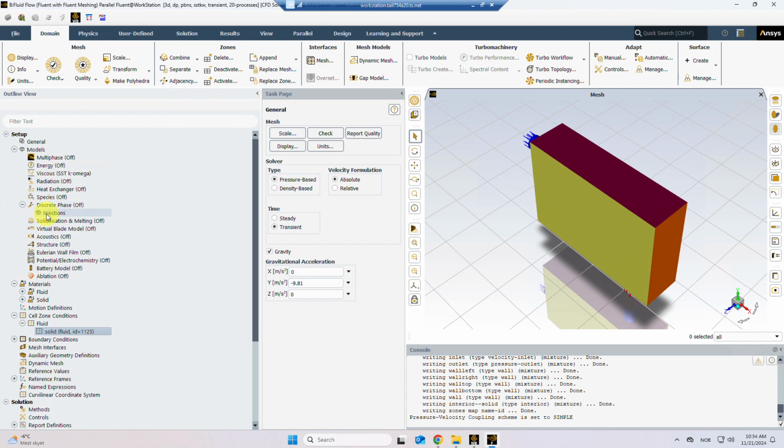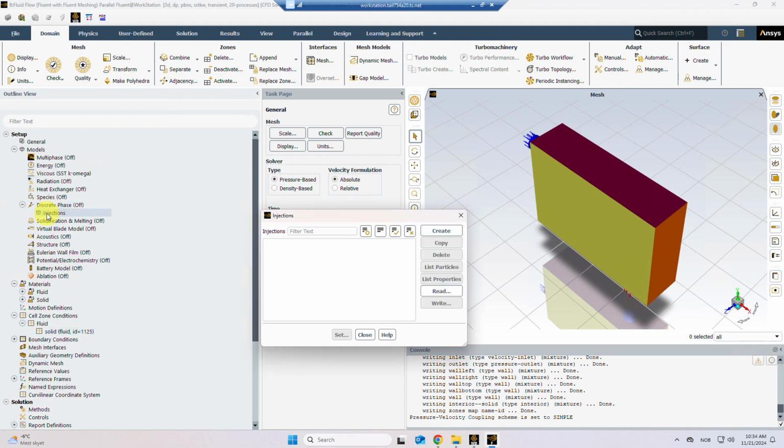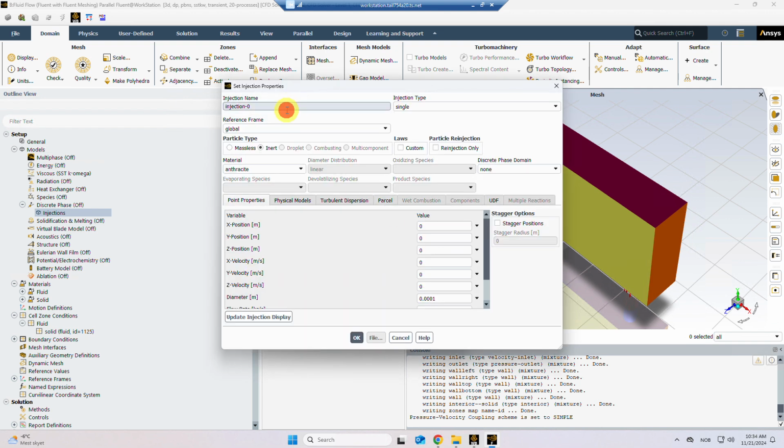So in the discrete phase, you click on injection and then you create a new one. I will call it injection inlet. Okay, this is just the name. And then you have several options. You have particle type, which is massless and inert or inert. And then you have